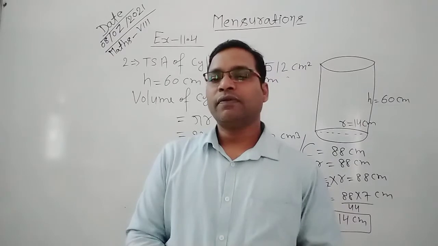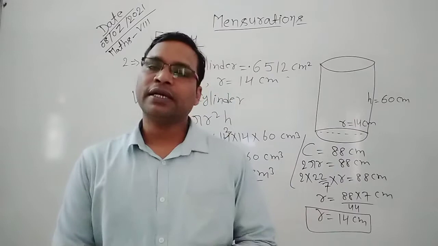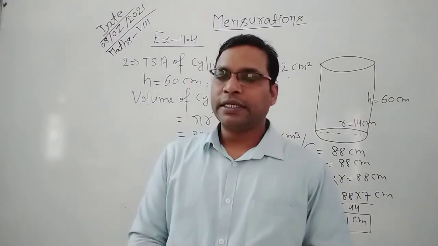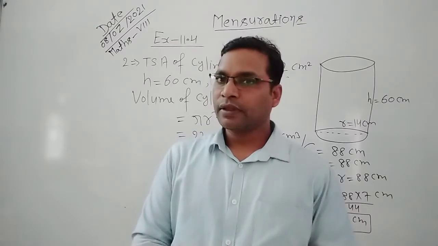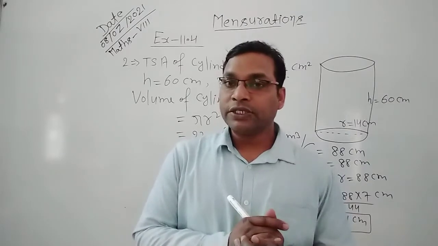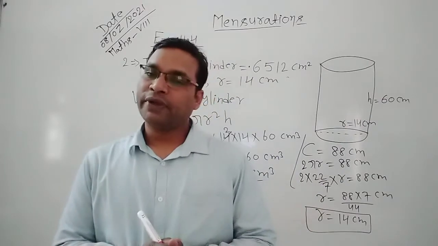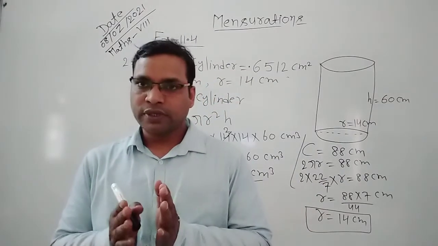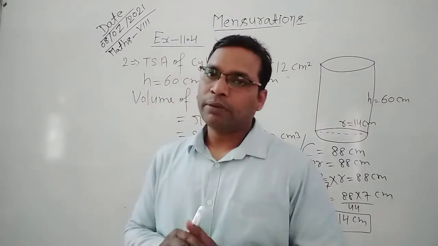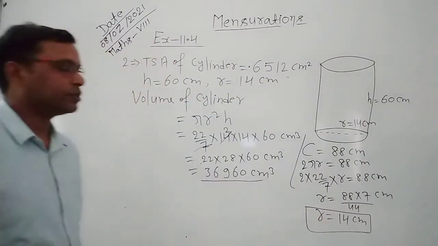and 6H. Okay, because the ratio is given 6:5, and radius and height of second cylinder is equal to 4R and 5H. If you put these values in the curved surface area of the cylinder, we get the ratio of the CSA of the two cylinders. So let's see how to solve this question.